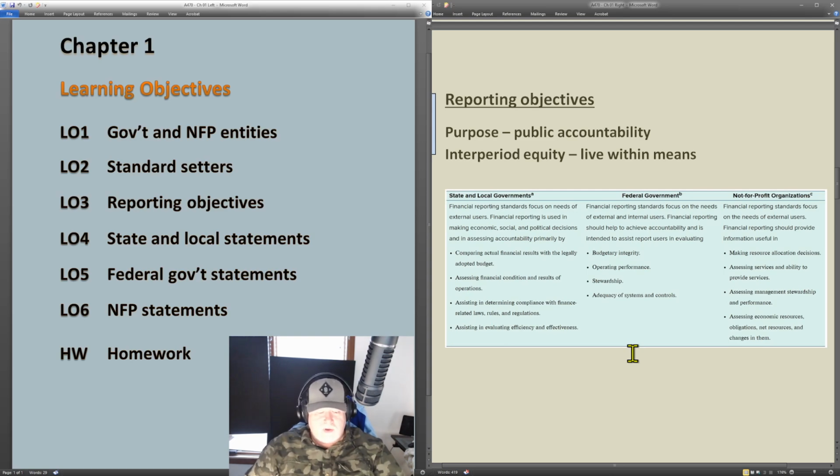Now, the reporting objectives. I want to start off with the federal government, because the FASAB have stated four different specific goals. They want budgetary integrity, meaning they want the budget to make sense. They want to show operating performance. And here's the first time we're going to see the word stewardship. But we'll see that word quite a bit as we go through this book. Stewardship means,